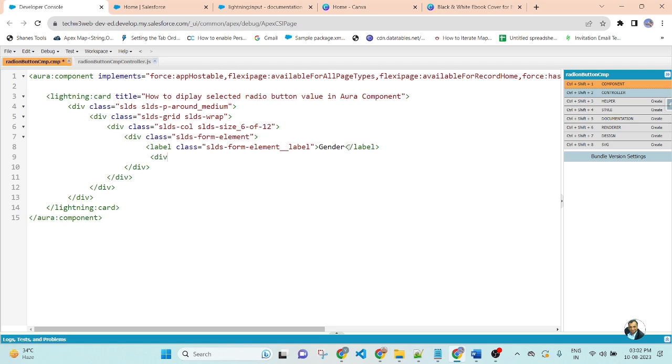Then create a div with class equal to, copy the name, underscore control.